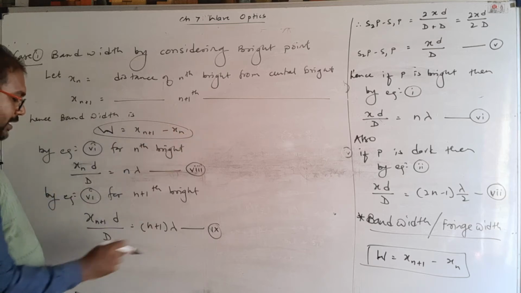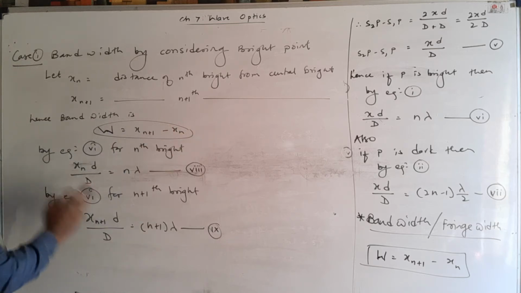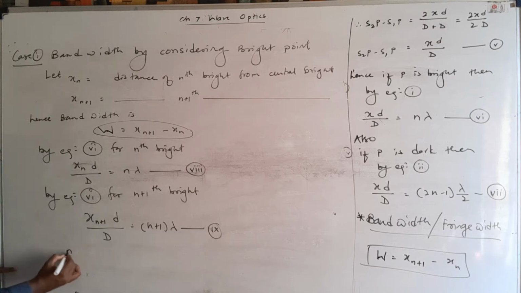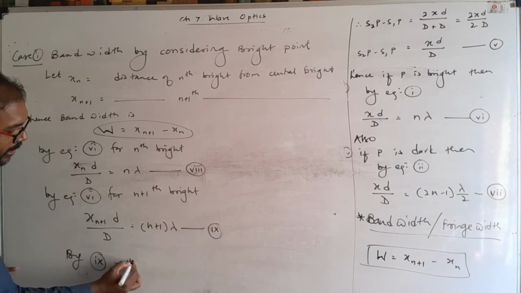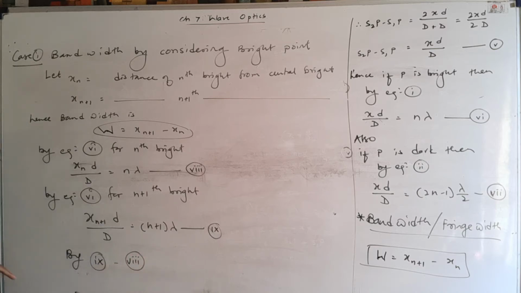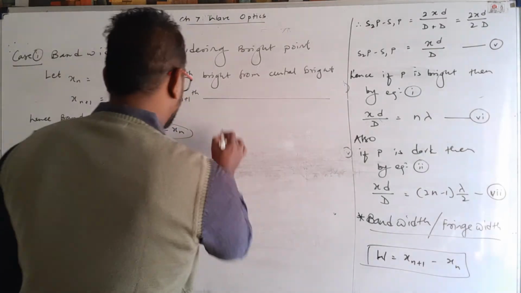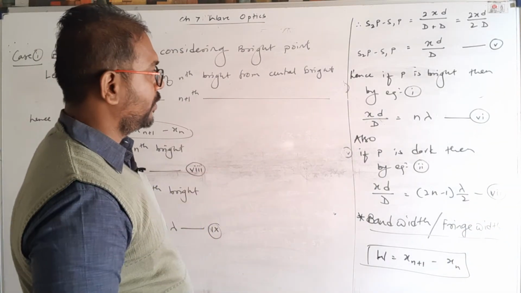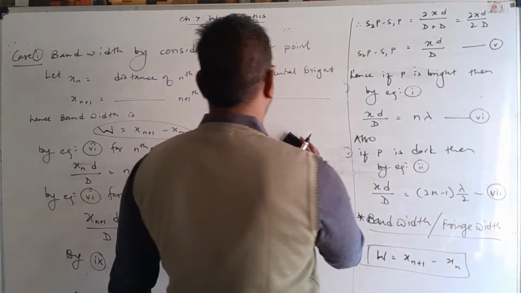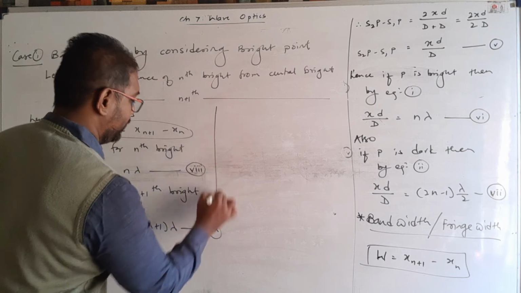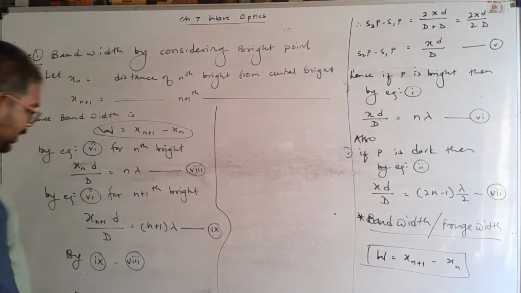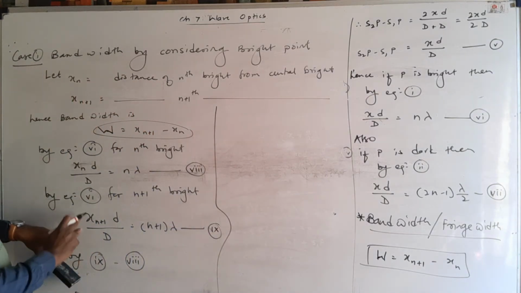Xn plus 1 minus xn. Xn plus 1 is here and xn is here. So 9 minus 8 by 9 minus 8. Now what do we get? Now you can see here, I will erase this part here or write it here. Okay, by 9 minus 8, one side, xn plus 1